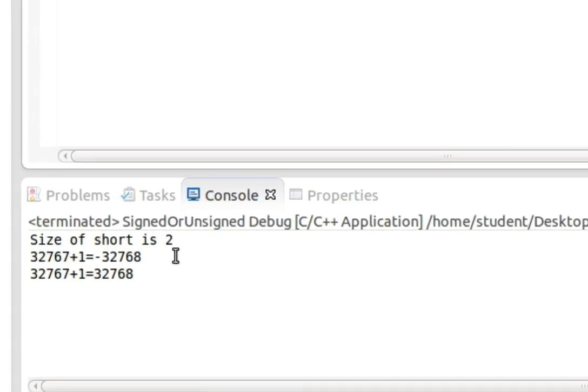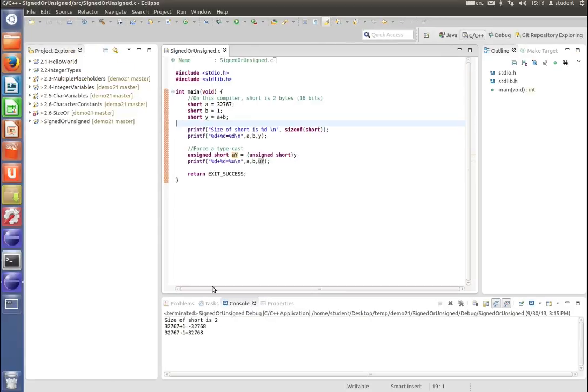The first line is where we get the unexpected result. 32767 plus 1 equals minus 32768. Yet on the second line, we see a correct result, as we would expect it. If we look back at the code, the easiest way to do that probably is to step through it line